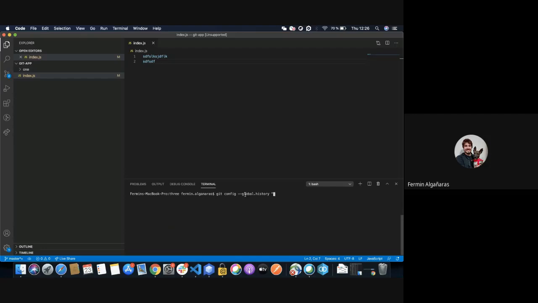Sorry, this is git config --global alias dot the name of the new command. And here you write the actual command: log --all --graph --decorate --oneline. And let me double check this. Okay, so from this point forward, we can just do git history,